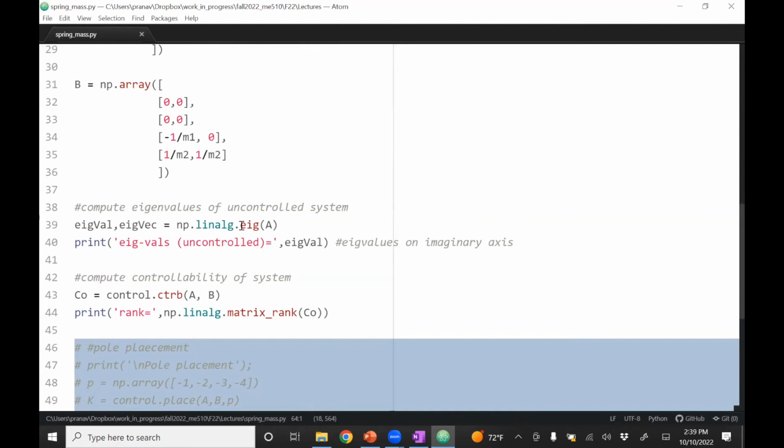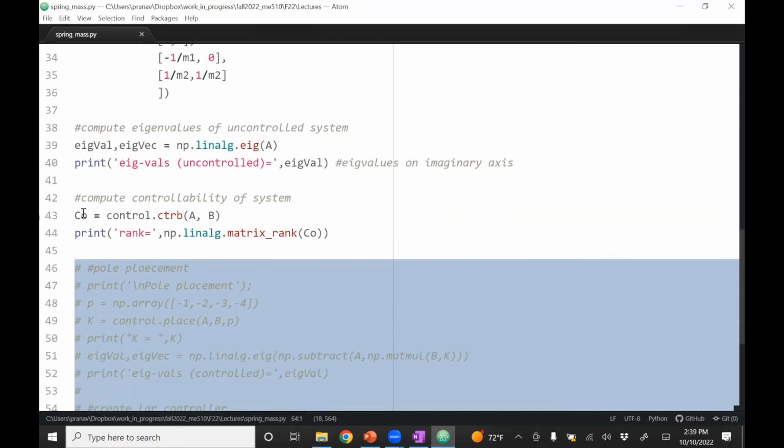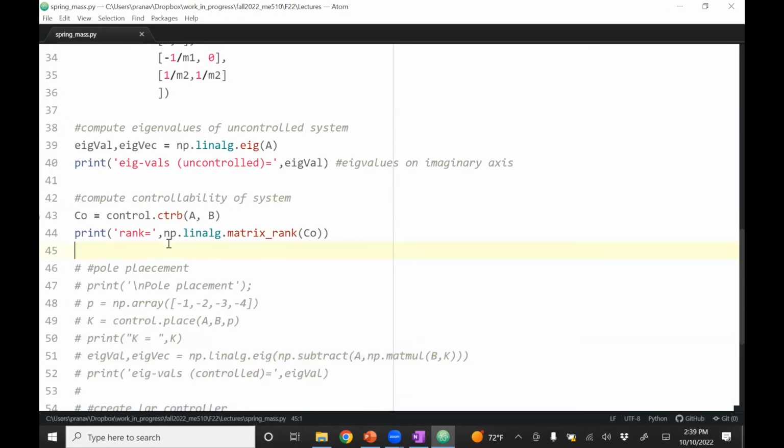In linalg, there is an eigenvalue command, which gives you the eigenvalues and eigenvectors. I'm only interested in the eigenvalues, and those will be printed by eigenval. And then it computes the controllability matrix and computes the rank. So if you run this,